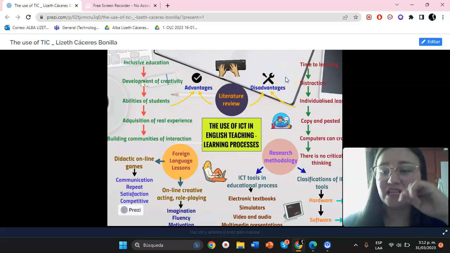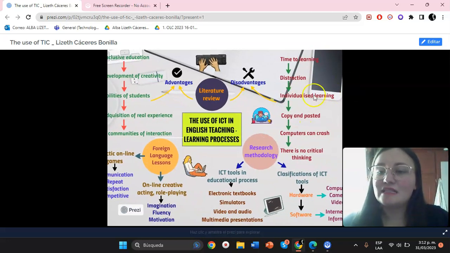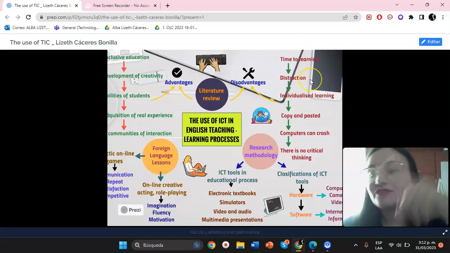Okay, on the other hand, we have the disadvantages about this. In this case, there are various, and these are the ones that for me are the most important. We have the time to learning, and distraction. TIC is very